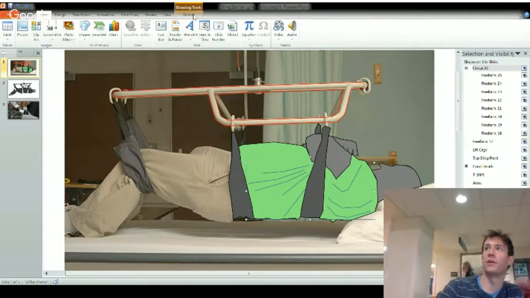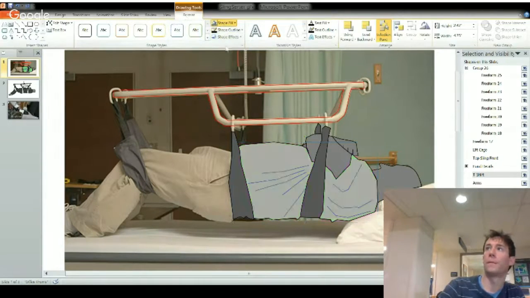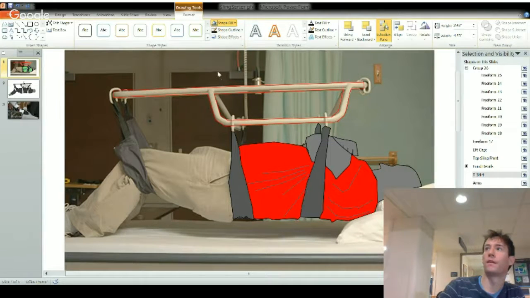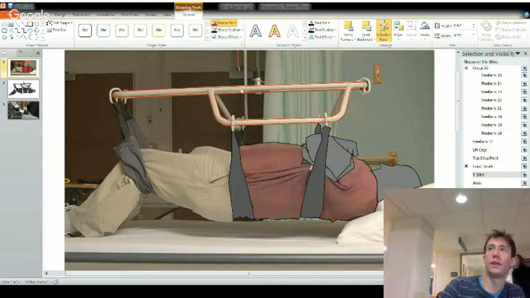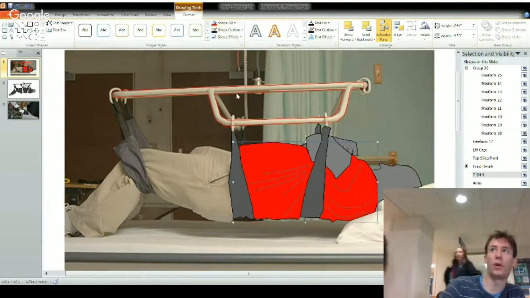Let's change the colors now though. Let's make this shirt, I don't know. So if you want, these are the pre-selected colors, but you can go in and use a little wheel and make whatever color you want. Make it a nice dark red or something, I don't know. How about